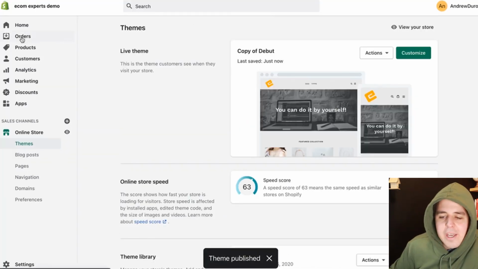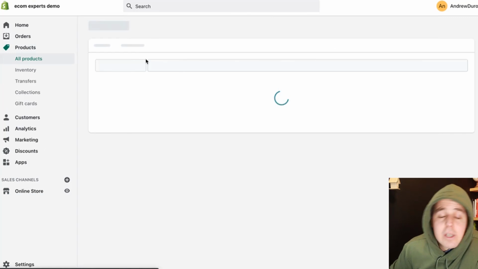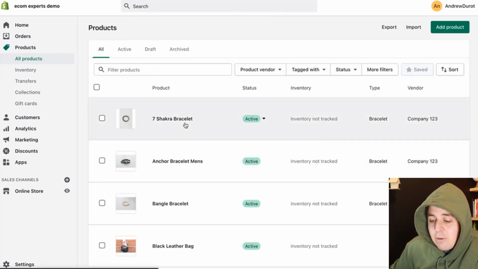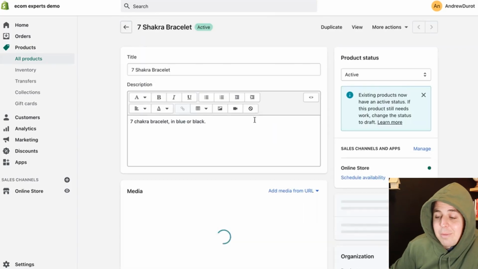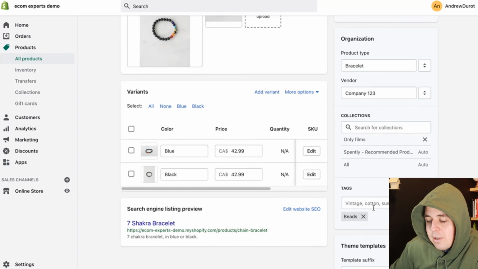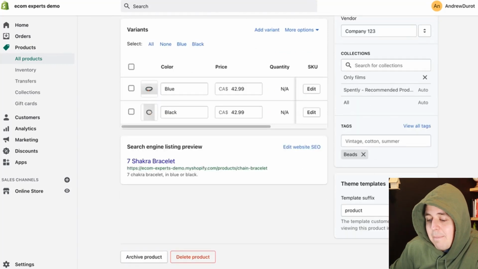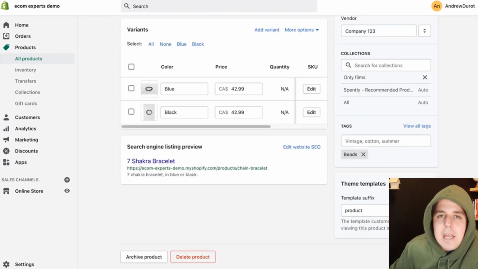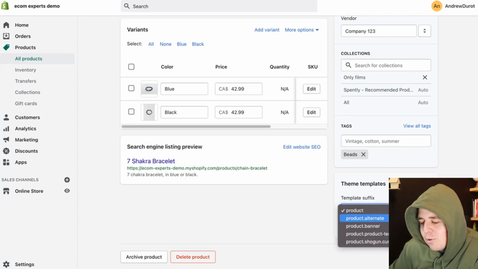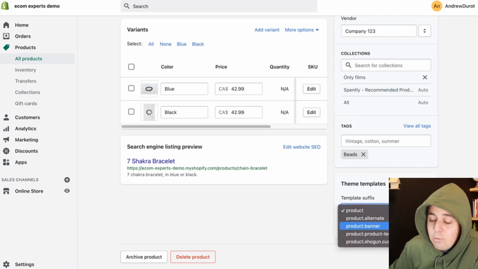Once it is live, we can go to products, and then we can choose the products we want to have a banner image. Let's say our little chakra bracelet here, we want it to have a banner image. So we choose the product, and we go here down to the right, theme templates. Theme, Andrew. Theme, not team. Theme. And we're going to choose product.banner, which we just created.